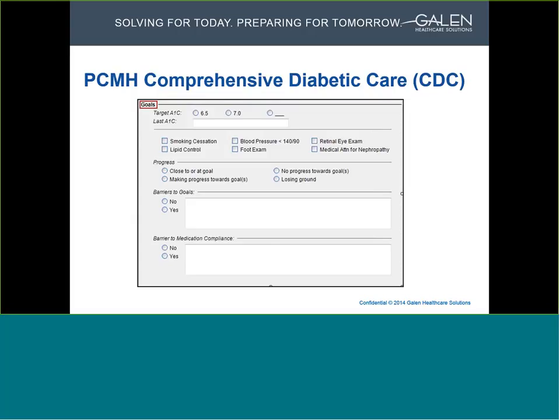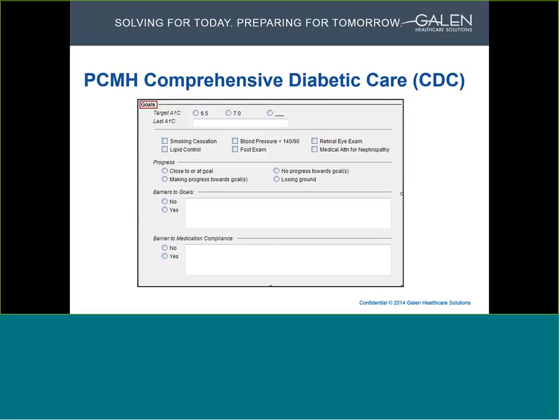Patient-centered medical home, this is mostly about meeting goals. So we've seen so far there's actions that you do. You assess patients for things. You place orders for different procedures. But with PCMH, it's about goals. It's about keeping people healthy and spending time with those patients and assessing them for a variety